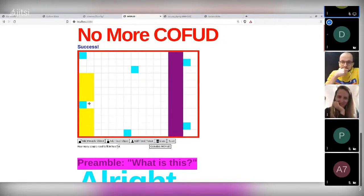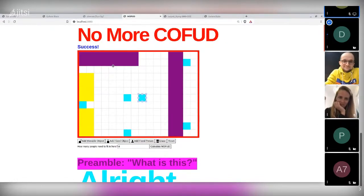But the back end that does this work is based on Google's OR tools, which is a constraint programming tool. And it wouldn't be too difficult to improve it to say, okay, the people need to stay 6 feet apart and they need to be near a table. Or maybe these 4 people should be near a table, these 2 people don't need to be near a table. And if you have a different shape of a room that's not always a perfect rectangle, you could also fit that in as a fixed object, saying, well, this corner actually can't fit anyone. It's a closet, it's something else like this. So it takes these parameters and puts them into a problem that the constraint programming solver